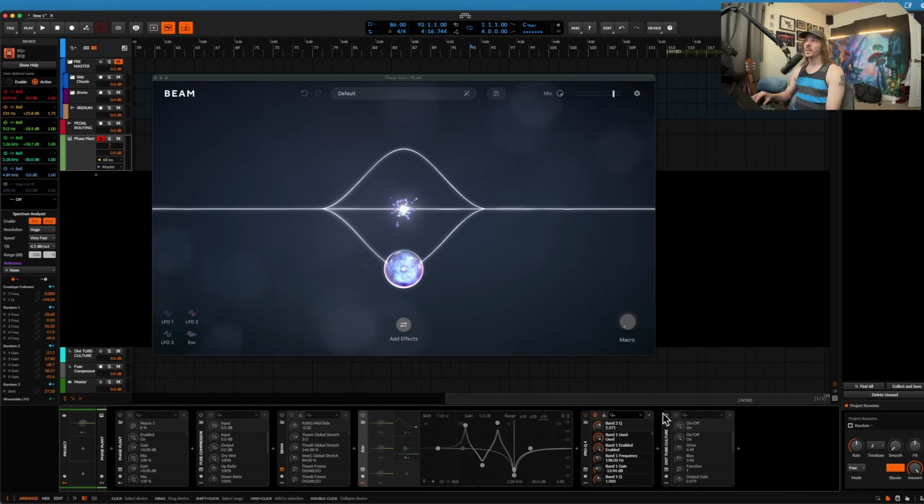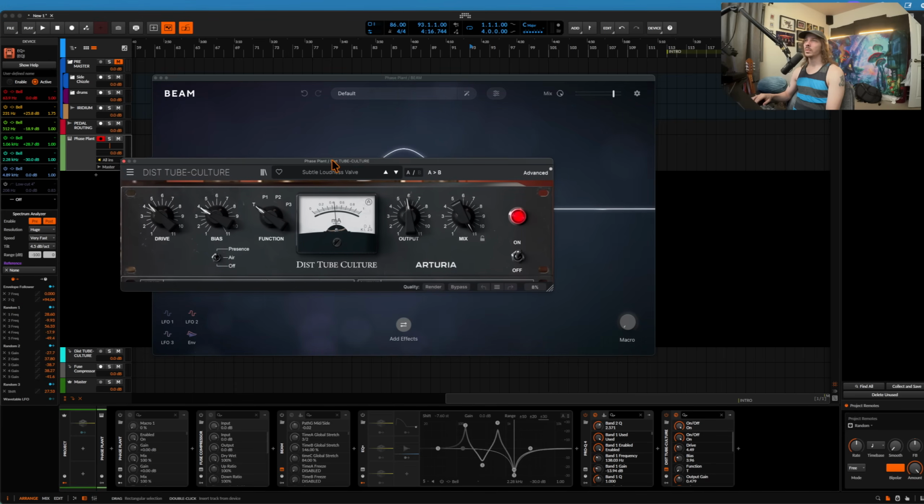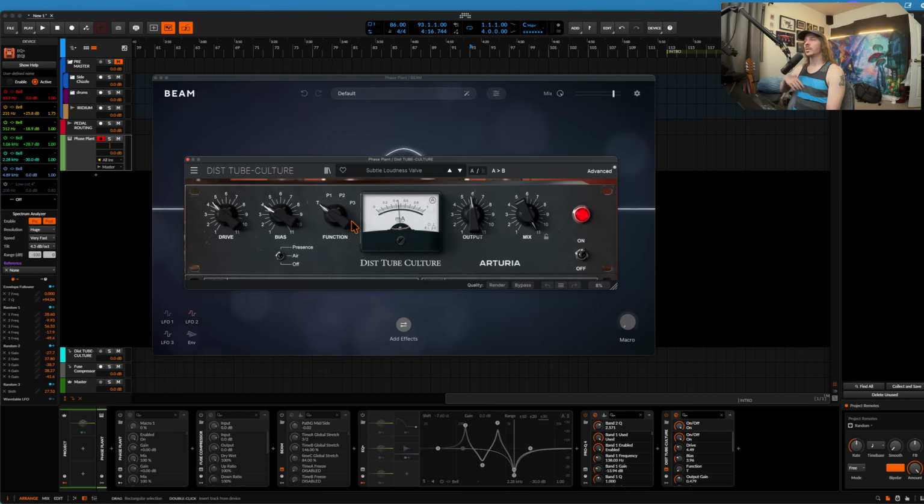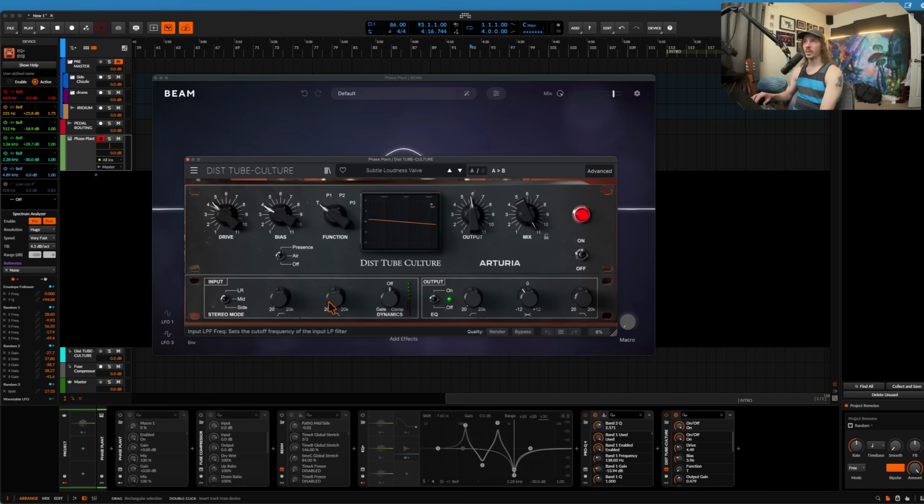And finally, the last thing is actually Dist2 Culture from Arturia. This is a Culture Vulture remake. I think Decapitator has a weird phase offset thing, but it sounds just as good. This, on the other hand, is just a little bit easier to use as a means of not having to worry about that phase shifting, but also having some features down below that you can do your filtering